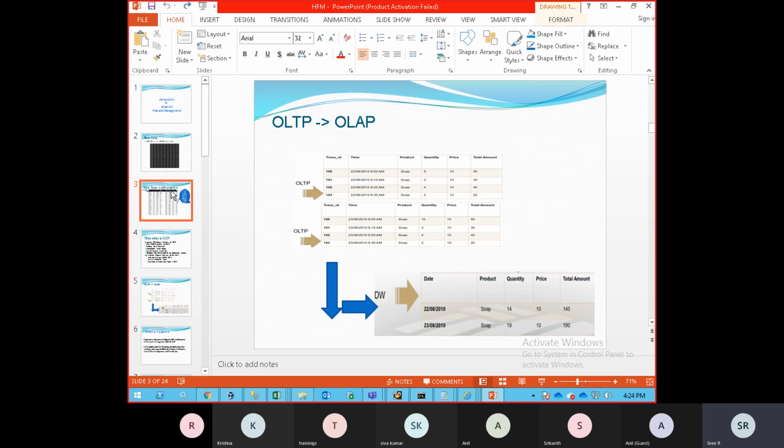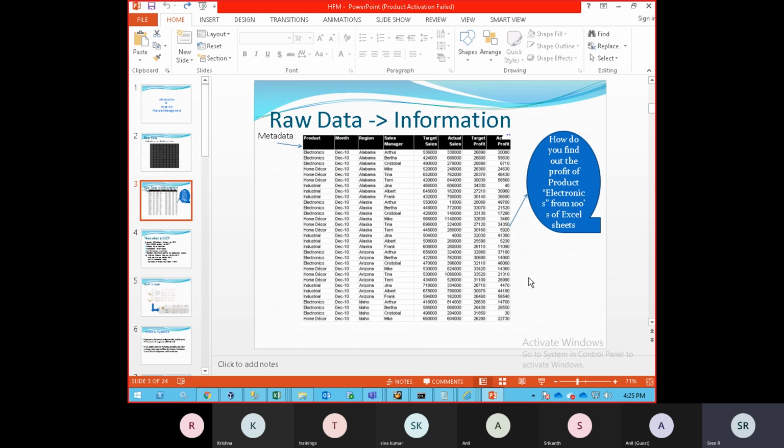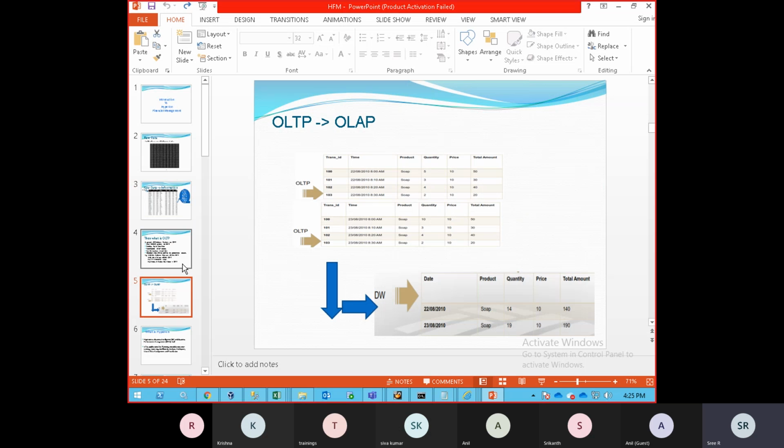So in Excel, what is happening? It is taking a long time. So obviously the production will be late. So these are the things. Finally, what you need to understand is that at enterprise level, we need a system which gives the result as soon as possible once the business happens. If you are not able to consolidate and it is getting late, obviously your data or profit will be late.